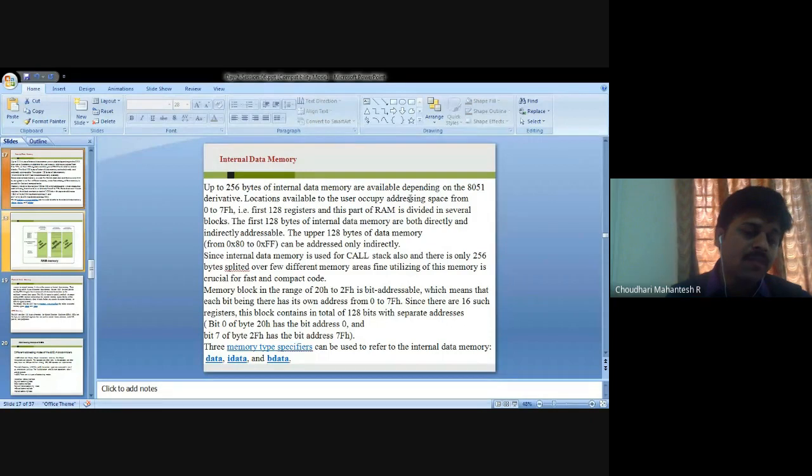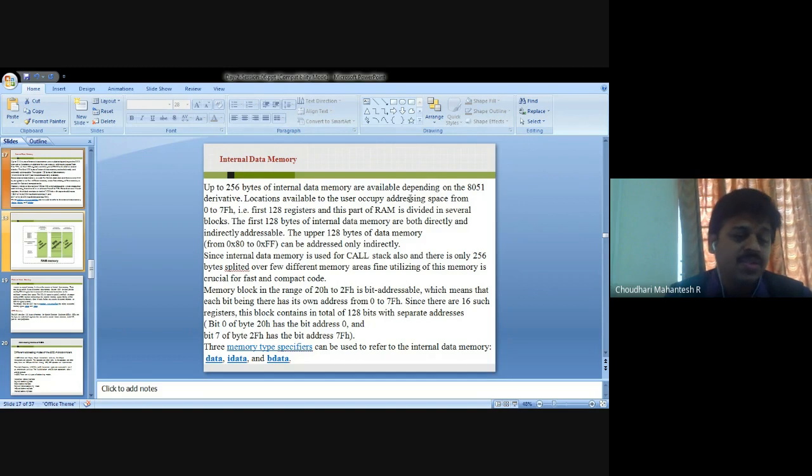In the memory block range of 20H to 2FH, the memory is bit addressable, which means that each bit has its own address, from 0 to 7FH. There are 16 such registers, and this block contains a total of 128 bits with separate addresses.